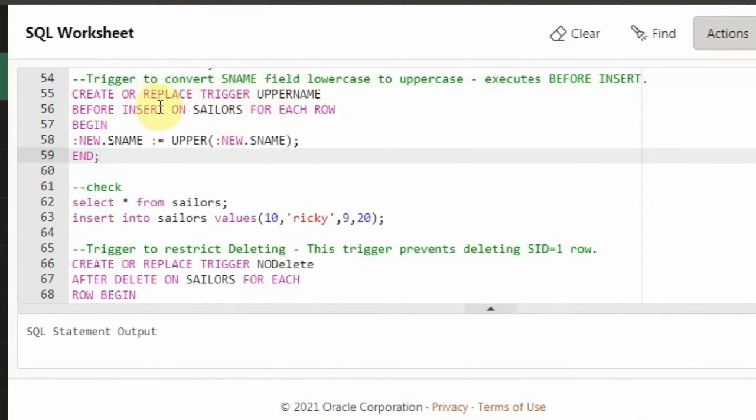If you want to replace an existing trigger or create a new one, it will work both ways. Then we give the trigger name.